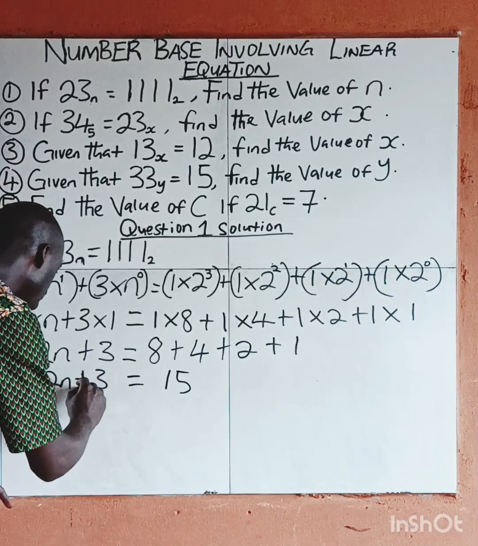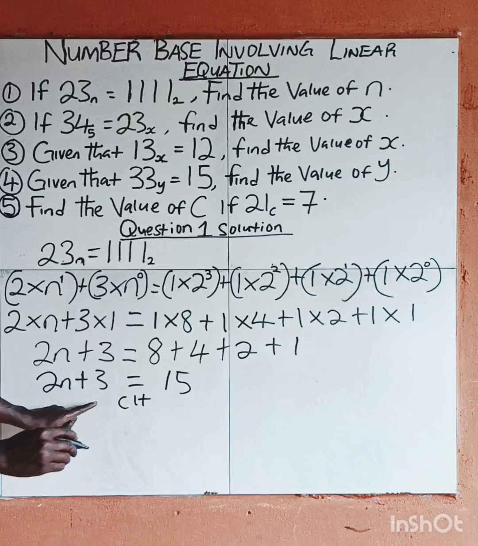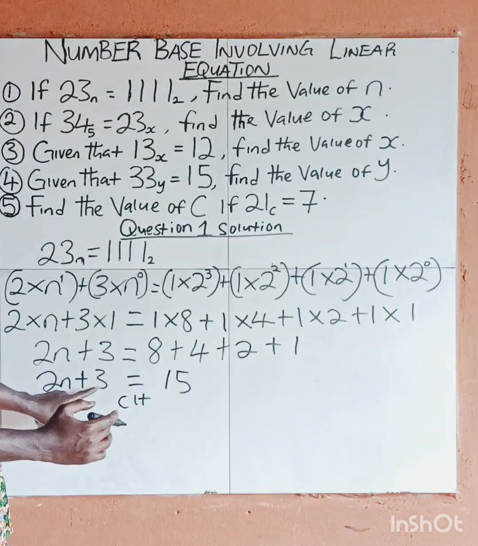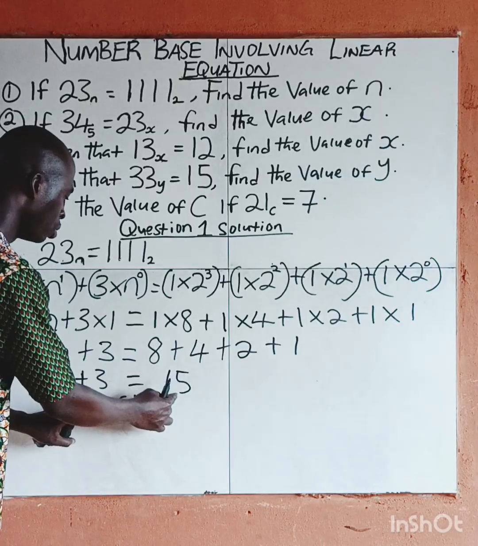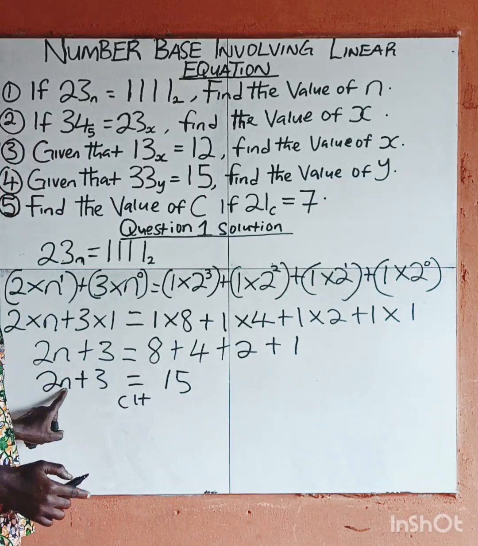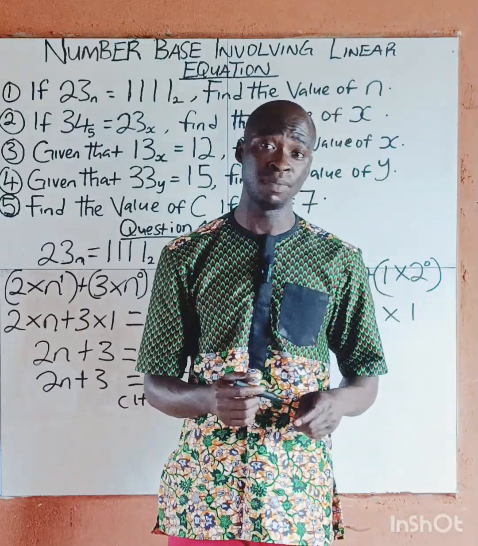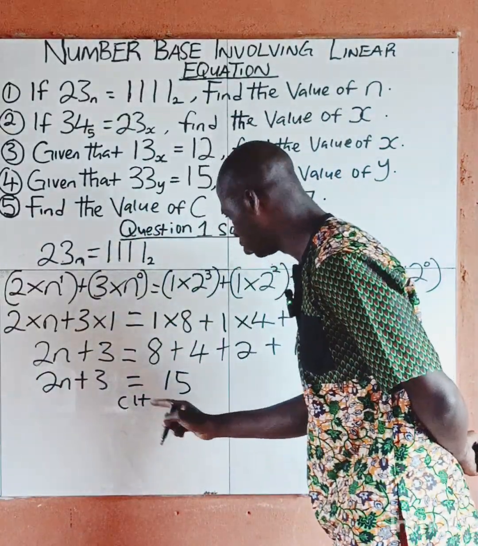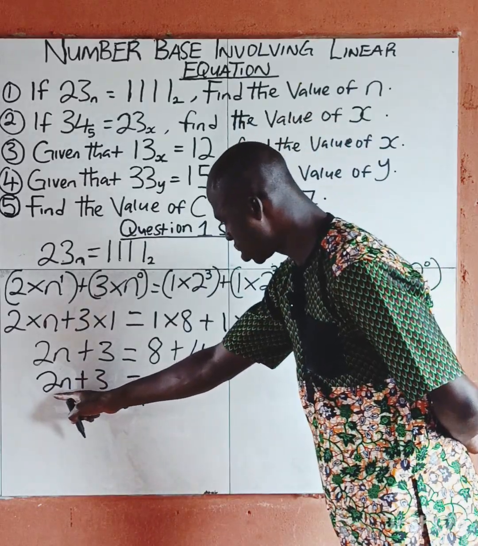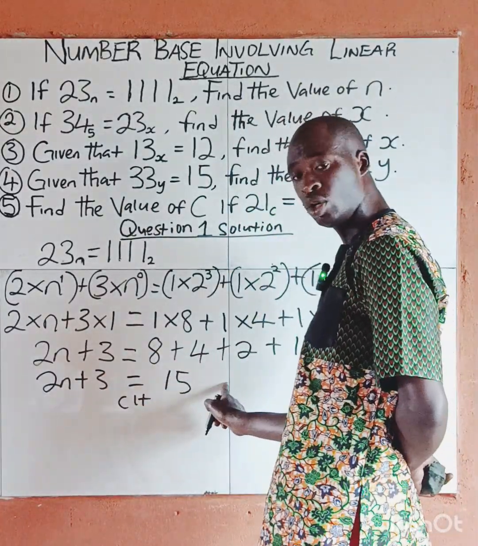Now, at the end of the day, I'm going to collect like terms, CLT. If I'm to collect like terms, the numbers, you can see this number has no variable. This one has no variable, but this one has. You know, in English language, those things you call alphabet. In mathematics, we call it variable. So, let's come right here and check it out. This has a variable, but this one does not. So you collect like things. Let this plus 3 go to the other side. It becomes